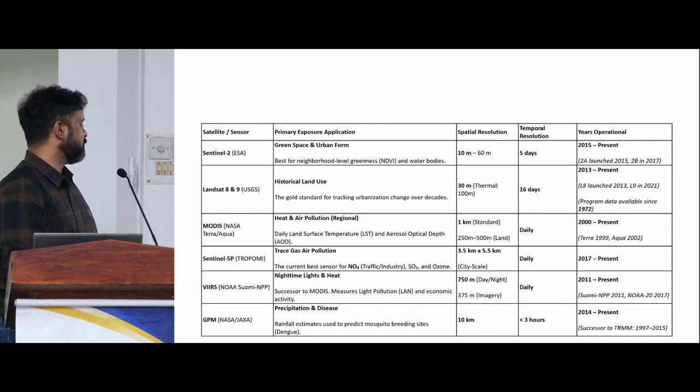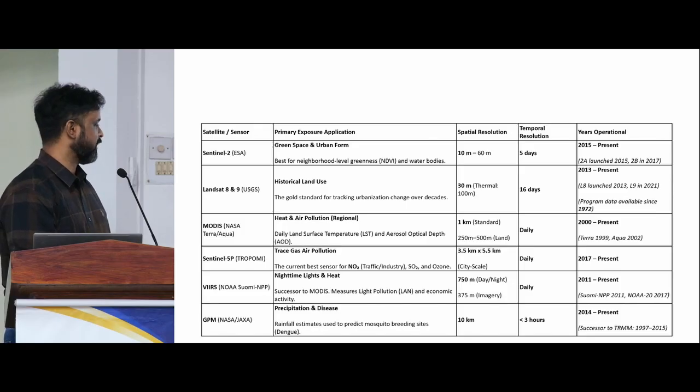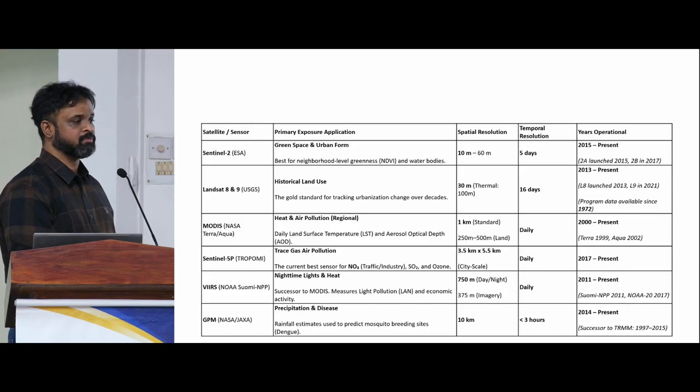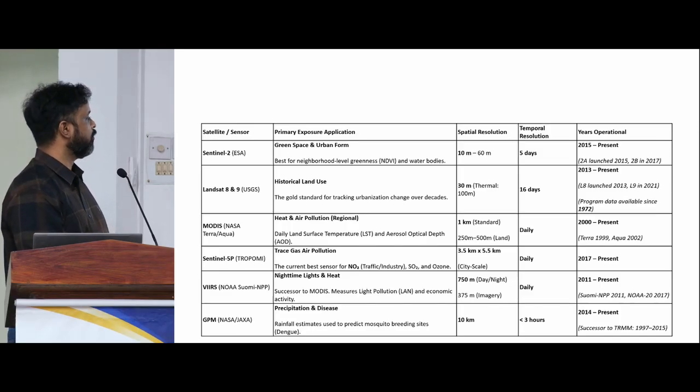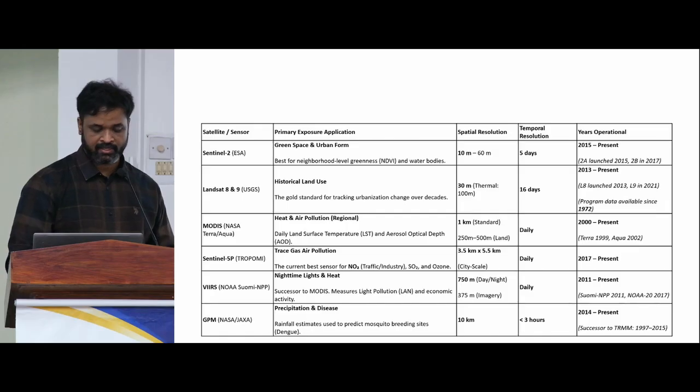And then there's the GPM NASA for precipitation and disease. You can use rainfall estimates to predict mosquito breeding sites like dengue. But of course, not very good in terms of spatial resolution. But that might not matter to you. So depending on what you need to use for your study, you can pick the satellite of your choice and